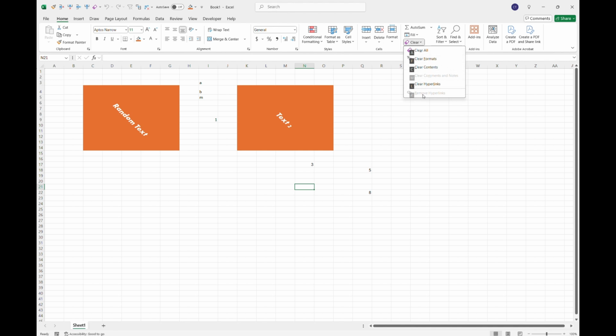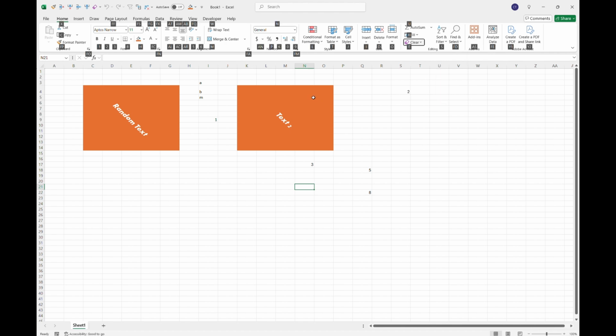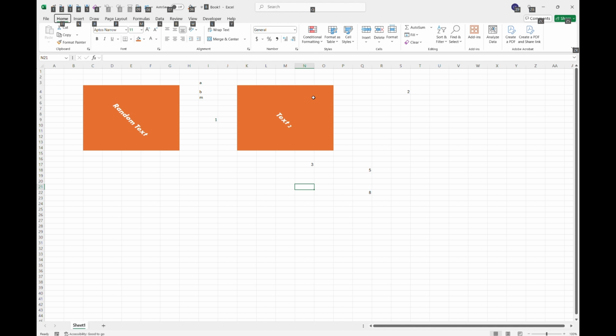So the real power of the Alt key is that now you have access to every single command without using your mouse. You can just hit Alt, and then Excel or whatever other Microsoft Office application you're using will be telling you which sequence you need to input with your keyboard to access a given command. Now, I'm not very fond of talking about which Alt key combinations are the most useful because there's a lot